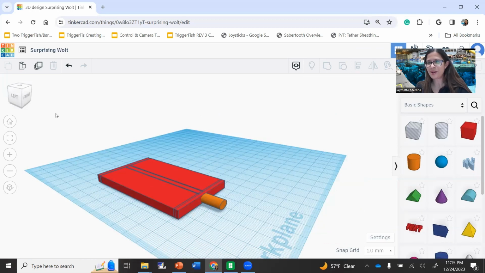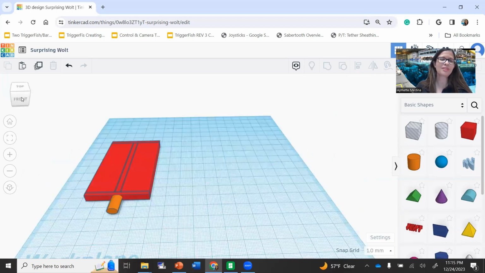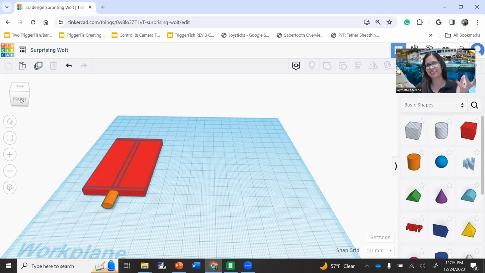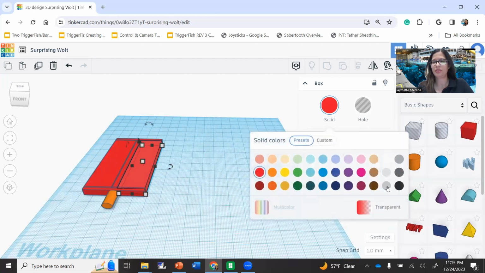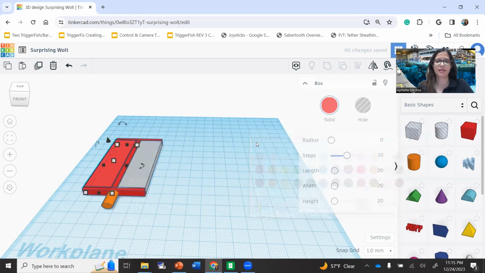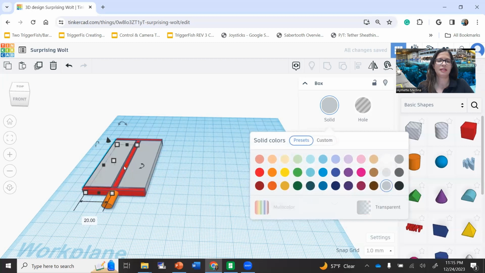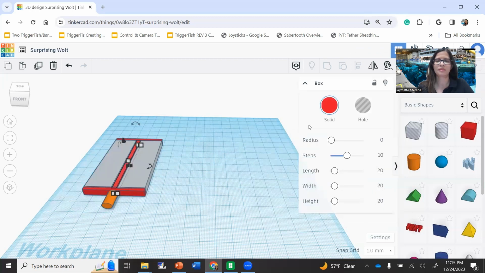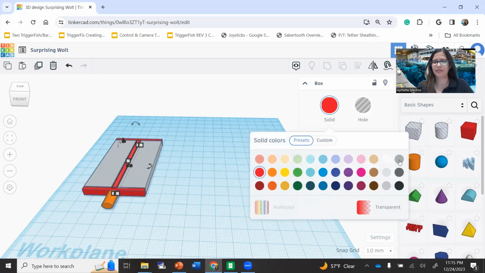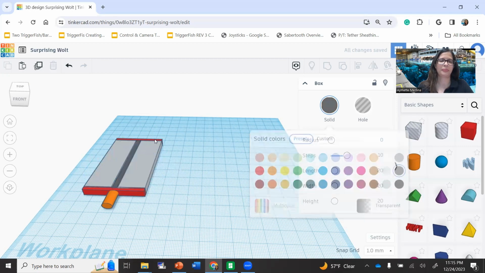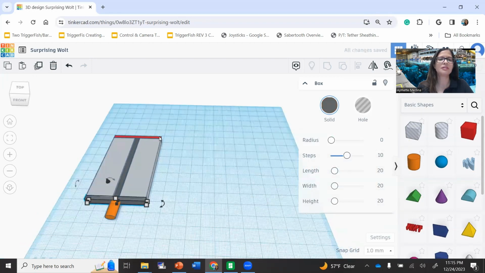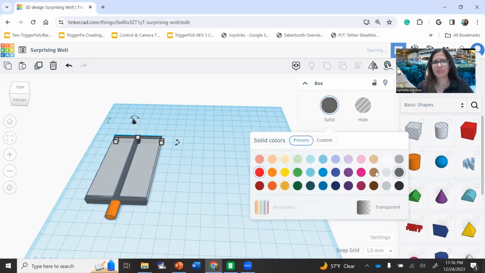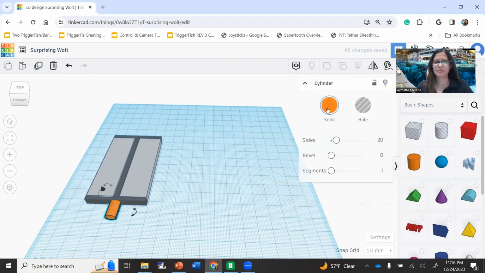Now it's time to give some color to our solar array keychain. You know that your solar arrays are gray, so you can play with the palette that Tinkercad has. I'm going to put these big ones in this gray. And then the middle one, I'm going to put in this gray right here. Yeah. I'm going to apply the same color to the others. And my cylinder is going to be